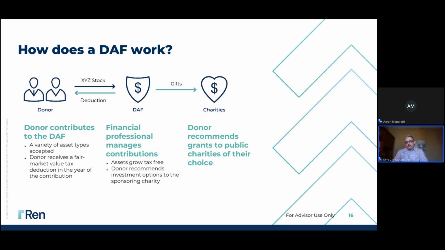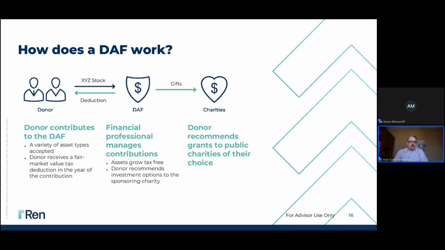So you could decide, I want $500 to go to the Humane Society, I want $1,000 to go to this local community foundation, another $1,000 to go to the food shelter. Whatever charitable organizations you want to support, as long as it's a qualified public charity, you can make the grant recommendation to those organizations. And the great news is there's no minimum or maximum to the number of grants that you make from the Commonwealth Charitable Gift Fund every year.